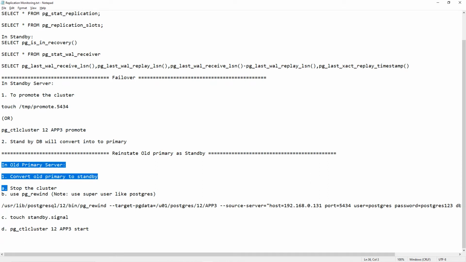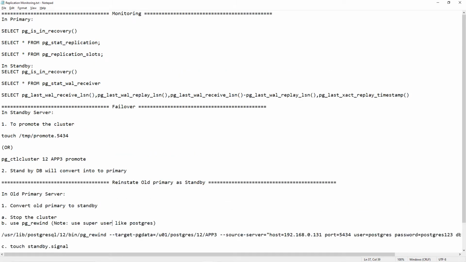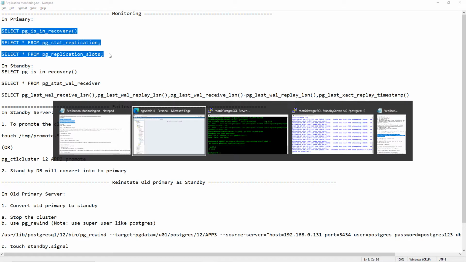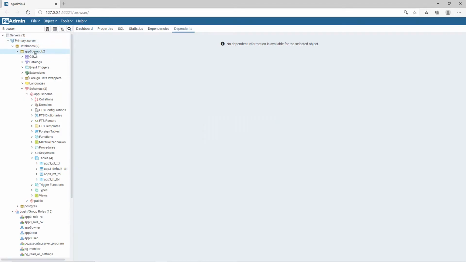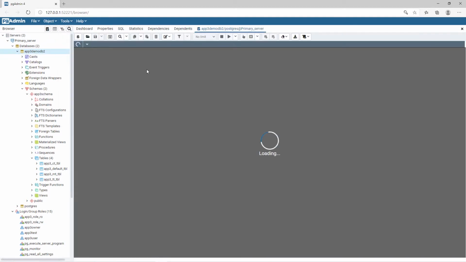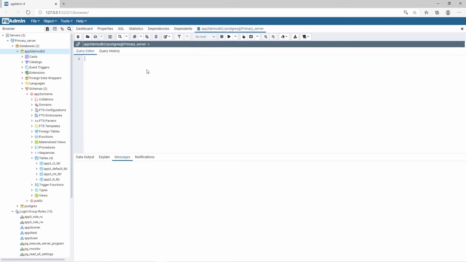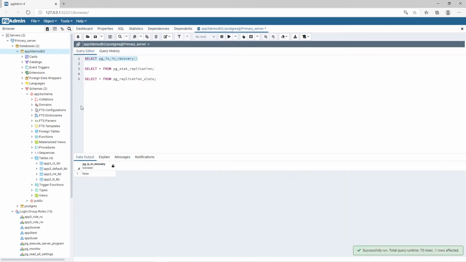Okay, so let me copy these commands and go to the pgAdmin utility, go over here, go to tools, go to query tool, copy over here. Let me run one by one. Since it is a primary, it will show false. Okay, and let me show replication statistics.